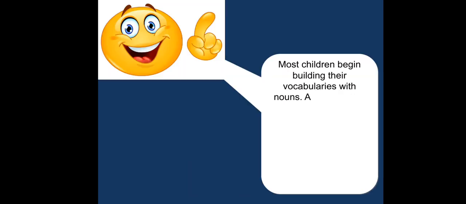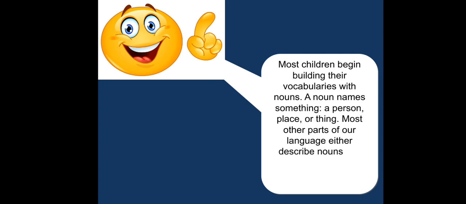Most children begin building their vocabularies with nouns. A noun names something, a person, place or thing. Most other parts of our language either describe nouns, tell what a noun is doing, or take the place of a noun. So babies, when they utter their first words, are either related to food items or they are related